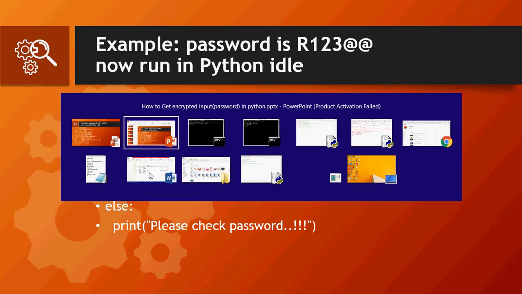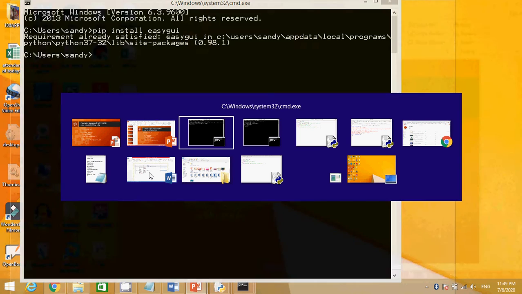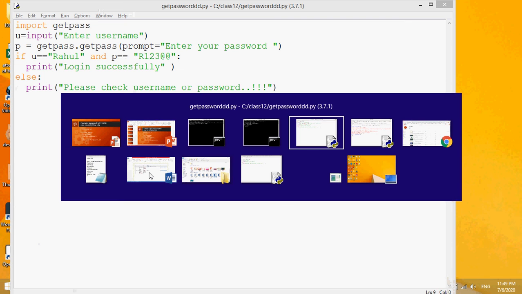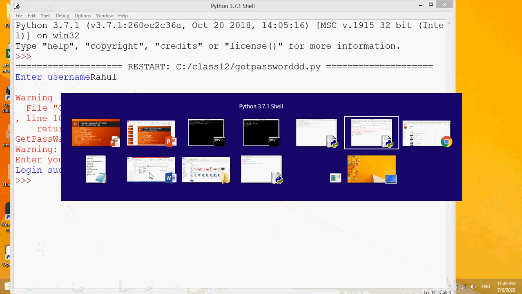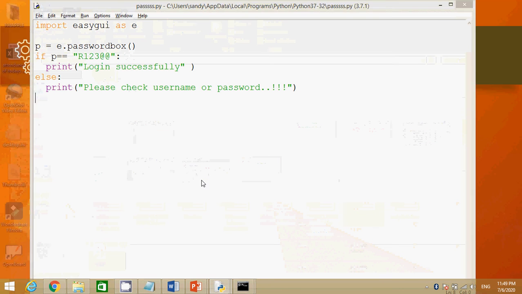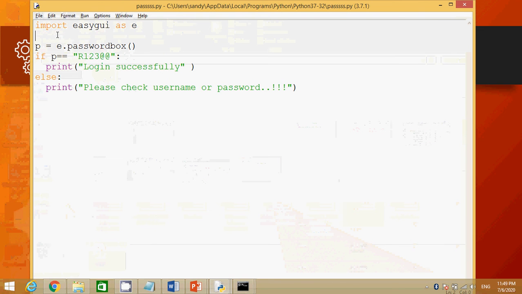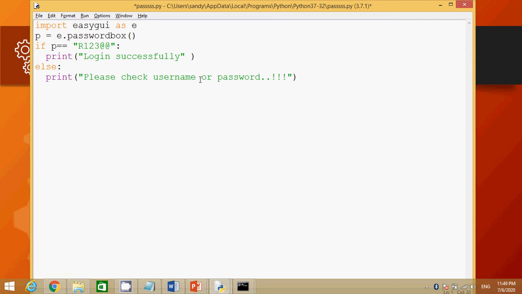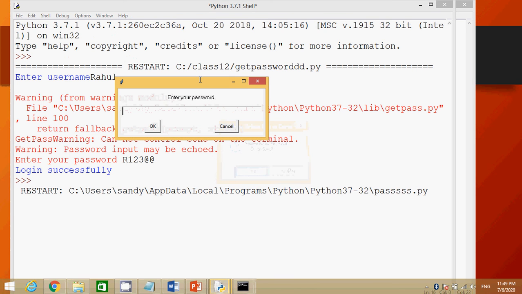Now see the execution of this code also. I am going to execute it. F5. Now you see one password box will appear, and you can see the message enter your password.